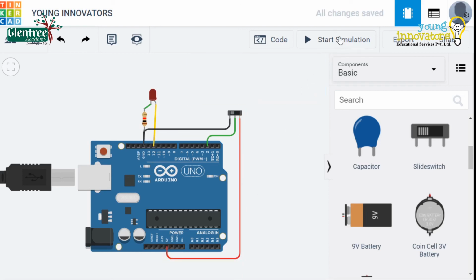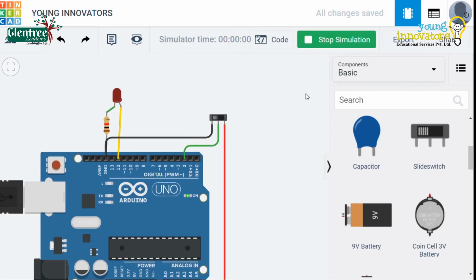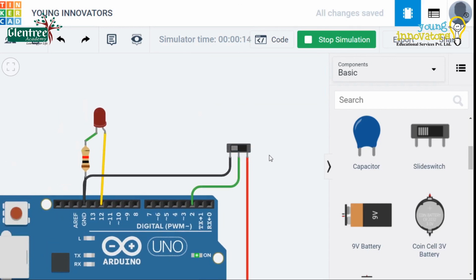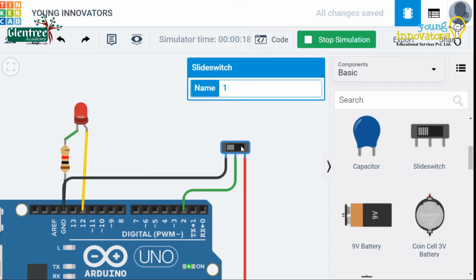On clicking Start Simulation and sliding the switch, the LED turns on and turns off if I slide it back to the previous position. In this way, with a condition, we can control the LED pins with inputs.